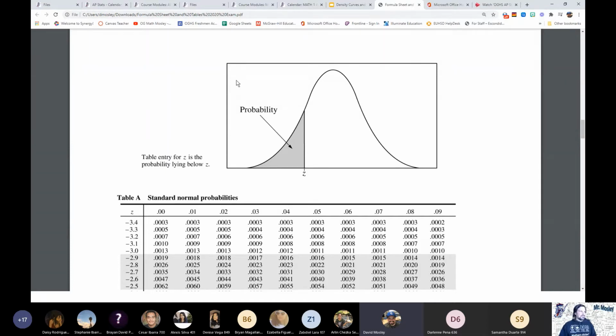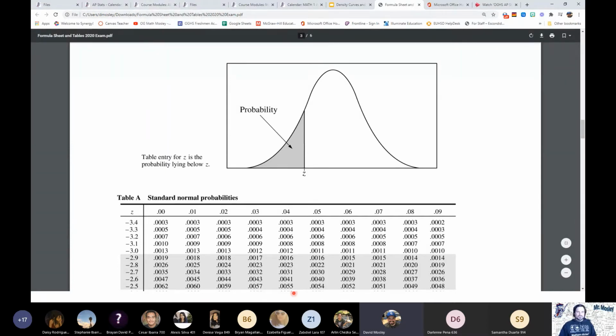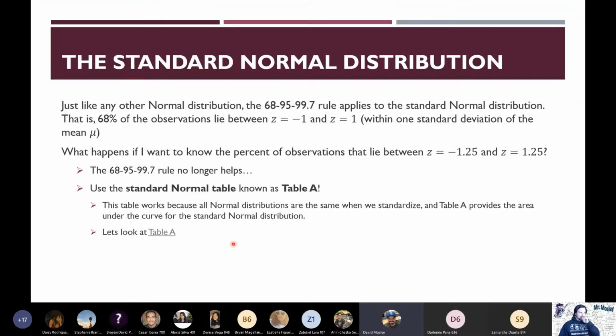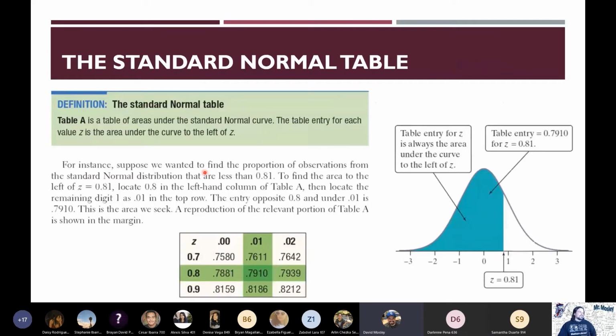Okay, so let's look at an example. All right, we have our standard normal table. Table A is a table of areas under the standard normal curve. The table entry for each value z is the area under the curve to the left of z, which is what I was just describing using the picture. For example, suppose we wanted to find the proportion of observations from the standard normal distribution that are less than 0.81. Right, we have 0.81 right here